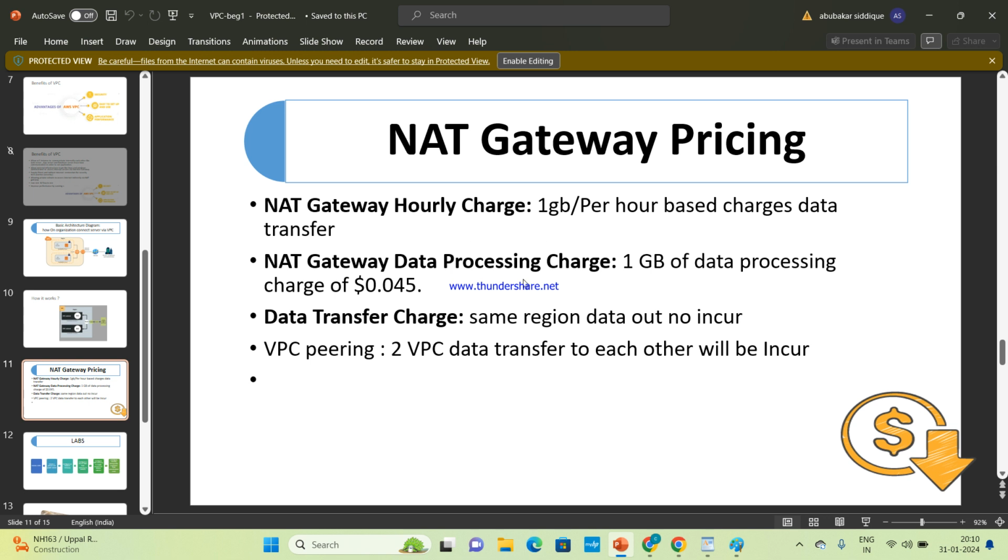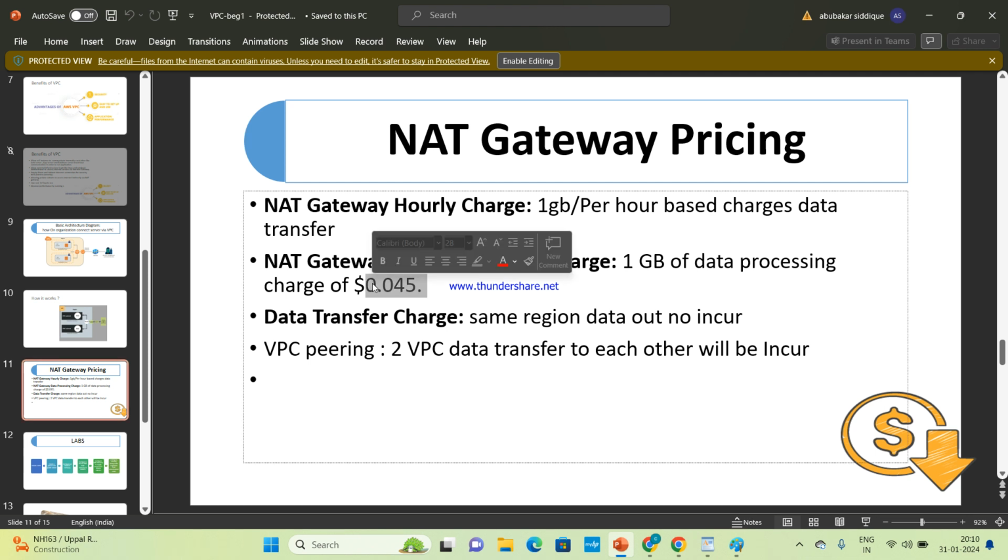It charges per hour, and for data processing, if the business analytics team or data analytics team wants to process and analyze the data, for 1 GB of data the NAT gateway will charge 0.045 USD.